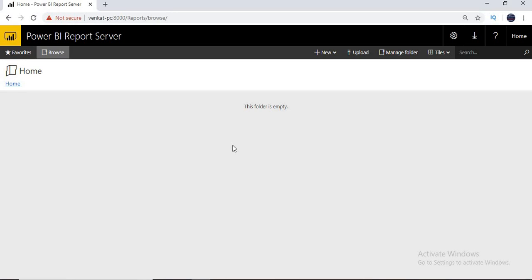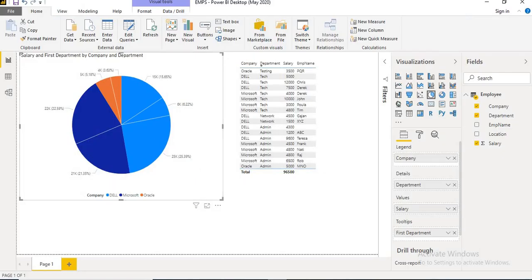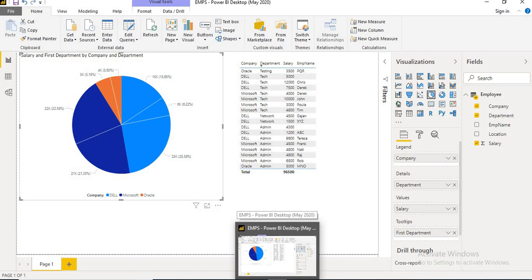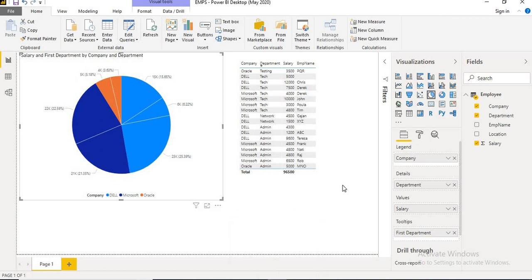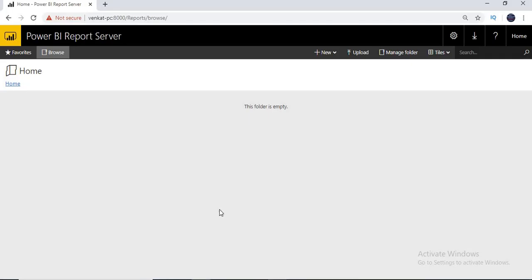None of the reports are delivered to the customer and none of the reports have even gone live. Okay, so now I am done with one report which I need to take live, this one. I saved it locally. There are other ways of moving reports into the Power BI report server. I'll show you slowly, but the easiest and quickest way I'll show you here.